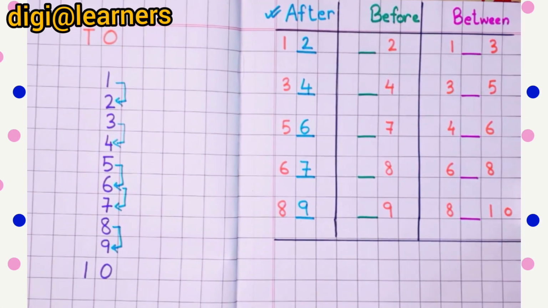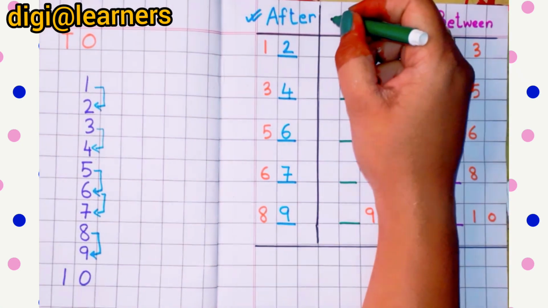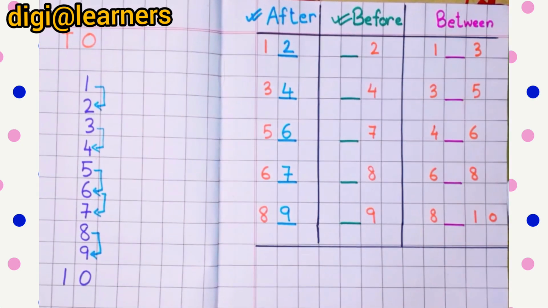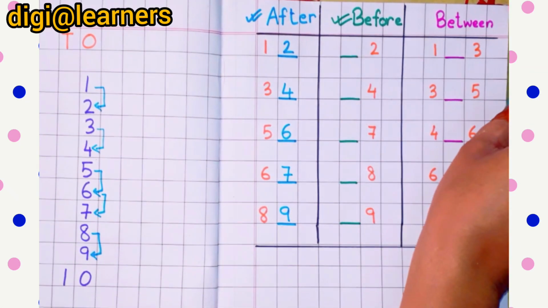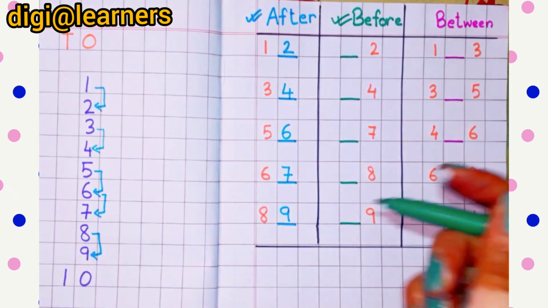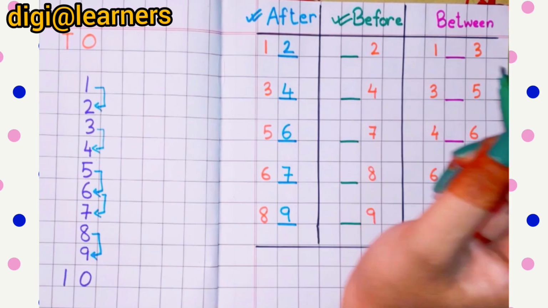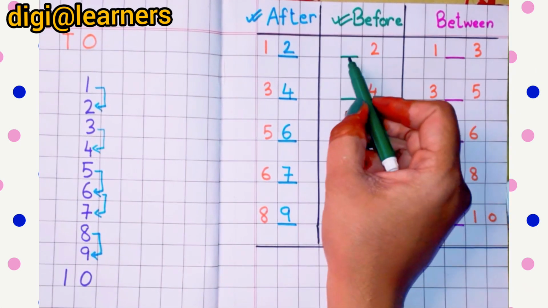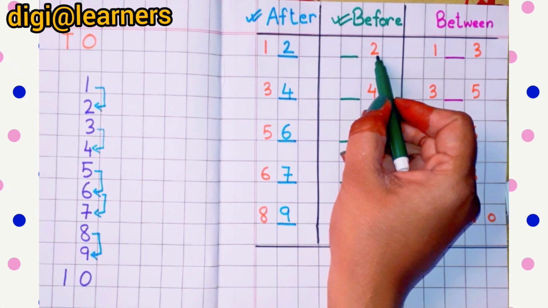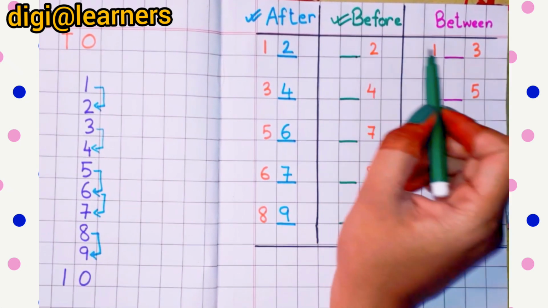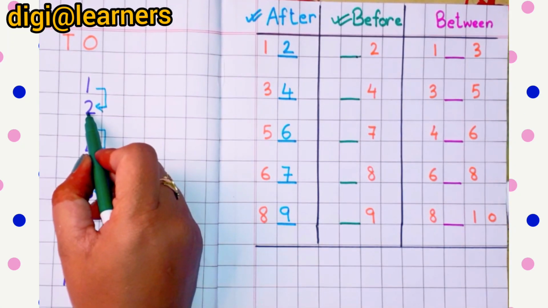9. Okay, now coming to the concept of before numbers. Now we will do before numbers. You can see I have put this color aside, that means after numbers we have completed. Now we are coming to before number. This is a little different from after. You will understand how. You see the dash is given before the number. That means you have to write the answer here. So which number is given? It's 2.